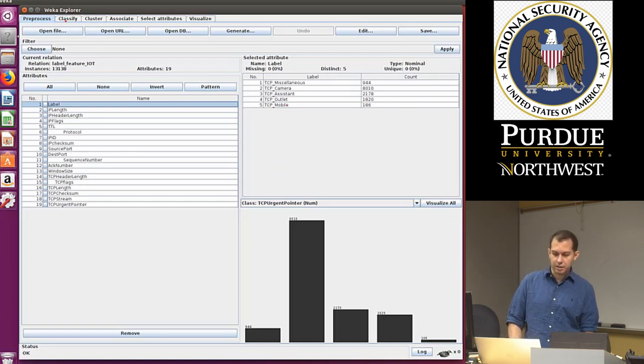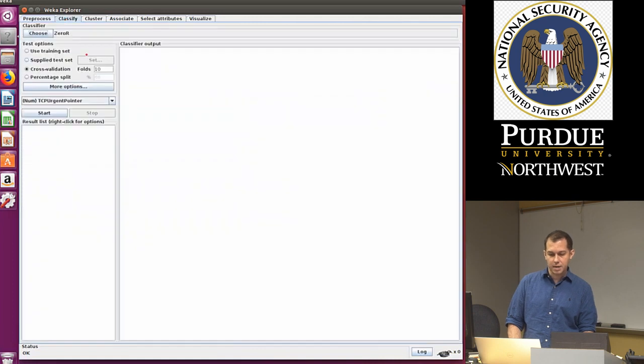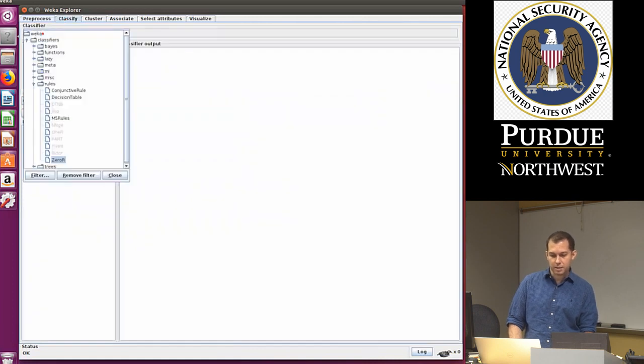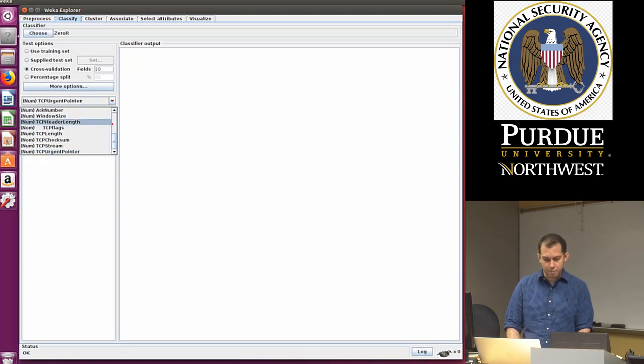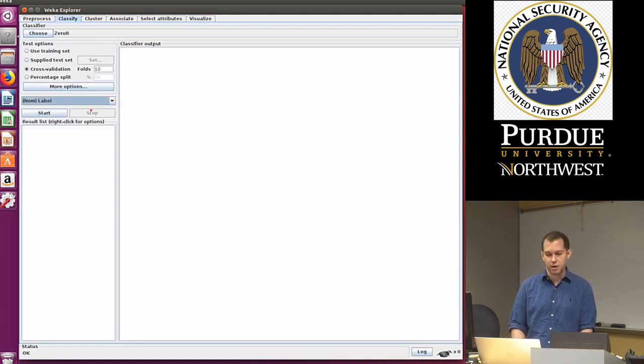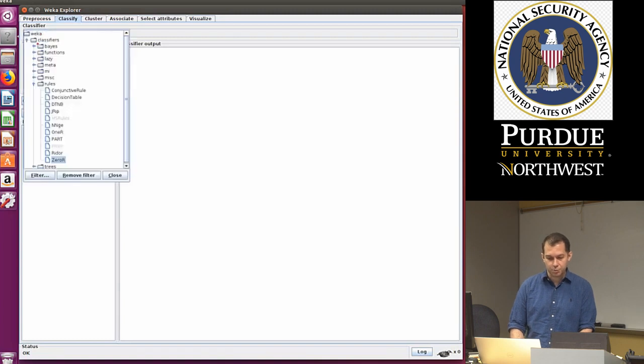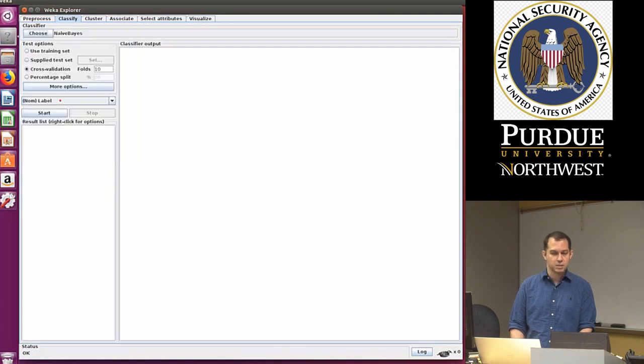So now I'm going to click on the Classify tab, and I can go ahead and select a couple of algorithms. So I'm going to go to naive Bayes. Now, before I do that, though, I need to select the label, right? And so I'm going to go here on the drop down and make sure I click on label to tell it that that's the target that we're trying to predict. And now the classifier should be highlighted, so I'm going to click on Bayes, select naive Bayes, for instance,